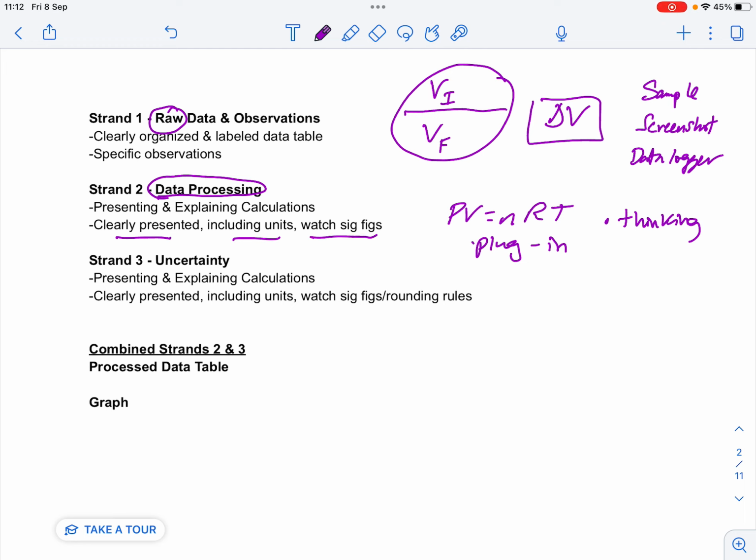And as mentioned above, they want you to watch out for rounding rules and significant figures throughout. So just really careful presentation of your working out. This will be your one big lab report that you submit to the IB, and so you'll want to take the time to make sure you're following all those rules carefully and that you're presenting things really clearly.